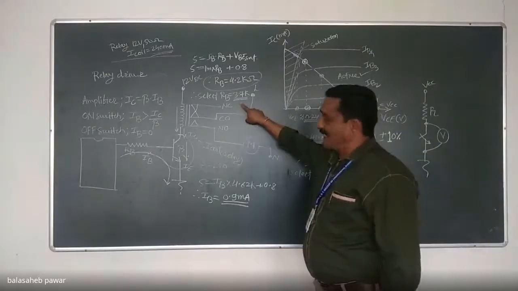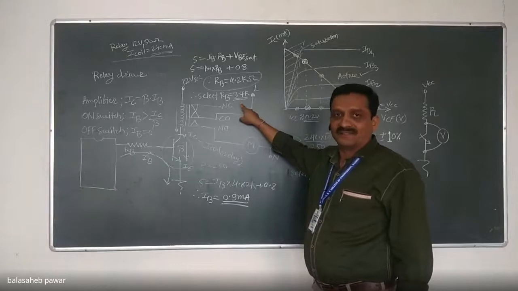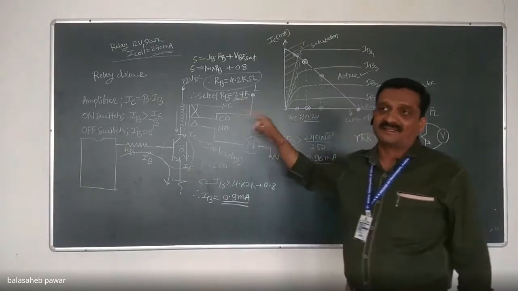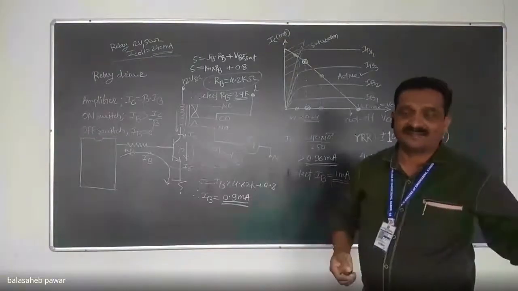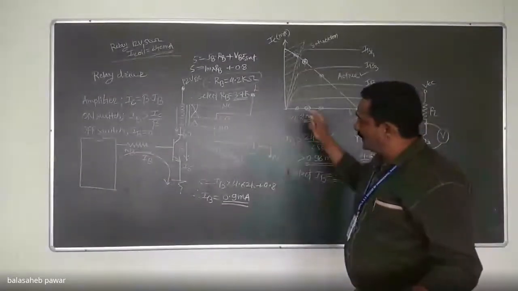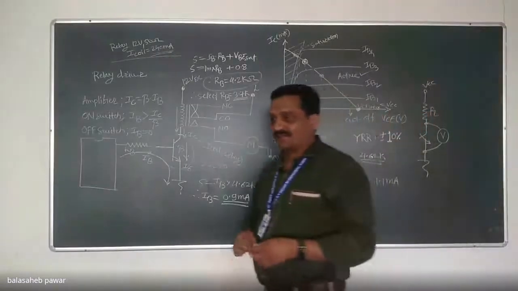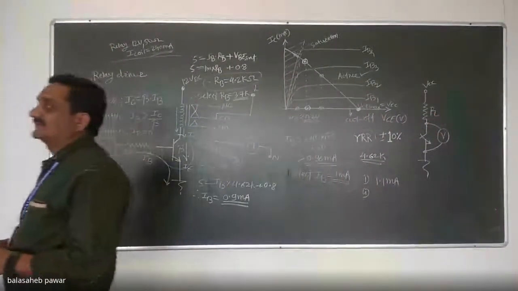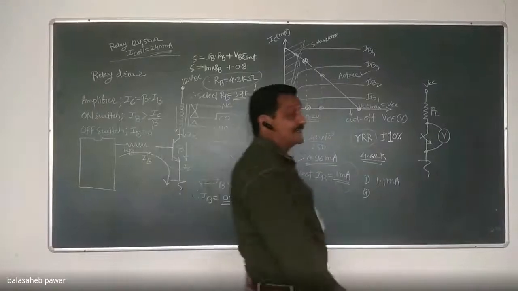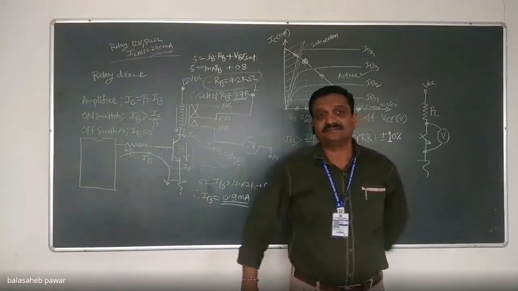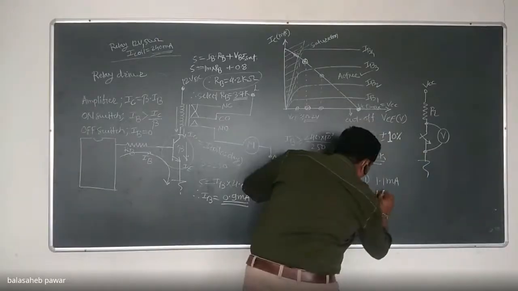Calculate the value of the actual resistor. It will not be 3.7K, it will be less than 3.7K, because we are considering the tolerance as the lowest one, that is minus 10%. Again, calculate the value of IB. First of all, determine the value of the actually connected resistor by taking minus 10% tolerance. 1.8 milli. Second condition, it will be 1.8 milliampere.